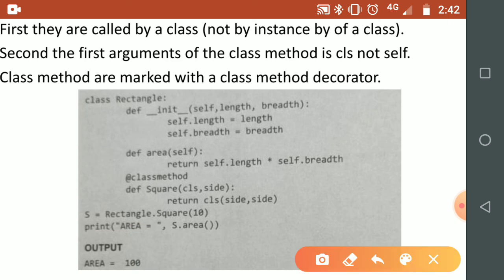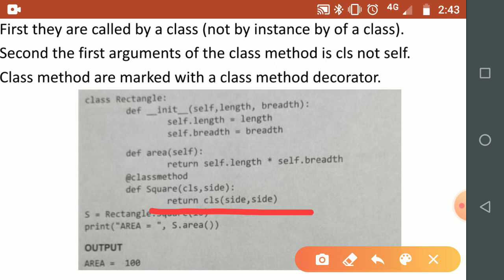Once we create the object of class Rectangle, just observe this line. The execution is somehow different. s is the object of the Rectangle class, but at the same time as object creation, we have called that class method here: Rectangle.square, by using the class name, passing one parameter, 10. As soon as there is a call to the class method, it will execute by passing one parameter. 10 will get cached by side, and cls is a reference to the class.